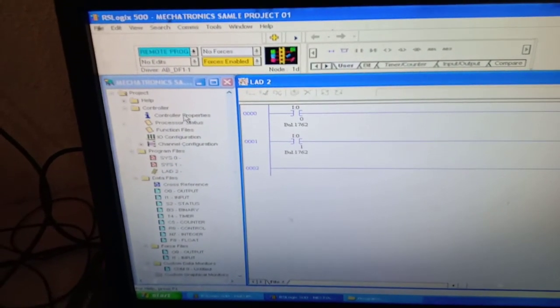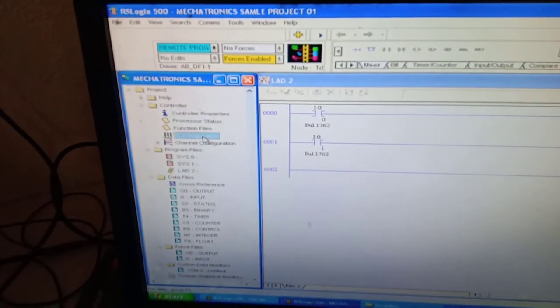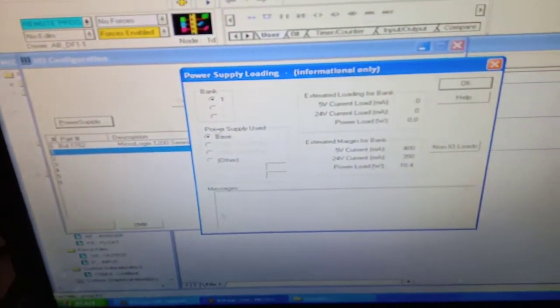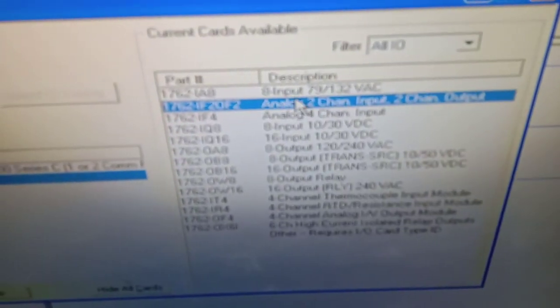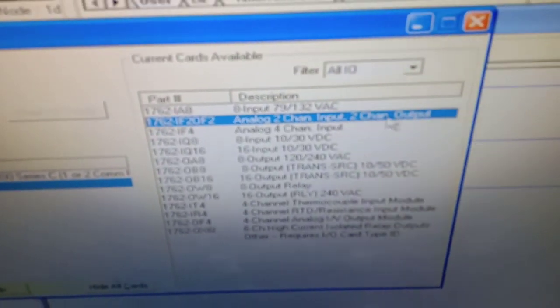Here in the input output configuration, we have to add this analog 2 channel input, 2 channel output.